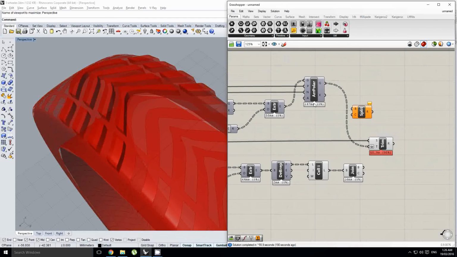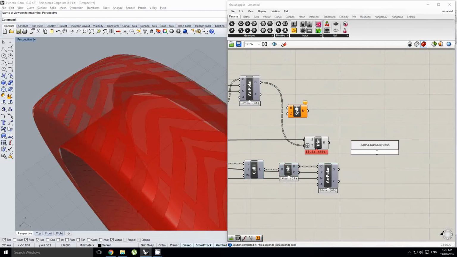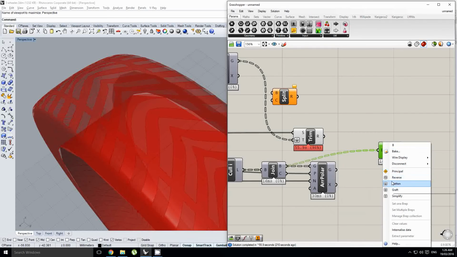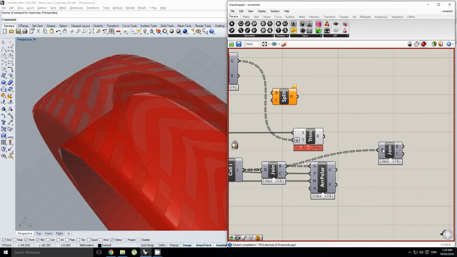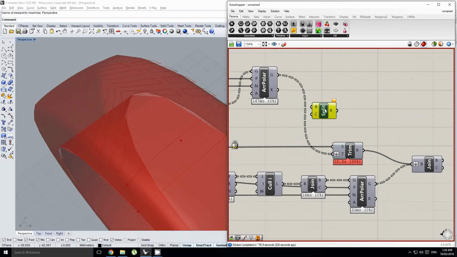And then I will create another polar array, plug this in, and then I can do another brep join. So for this one, we're going to need to flatten this. Actually, instead of doing that, I'll just flatten everything coming into here. Quickly lock the solver, flatten this, plug in my polar array and my trim, preview that off, can get rid of the split,